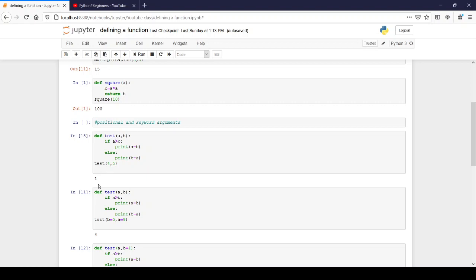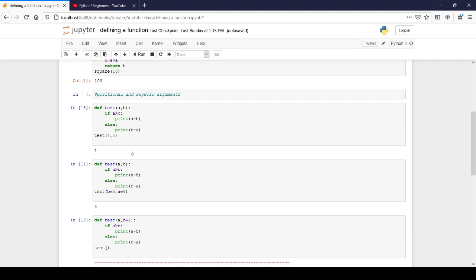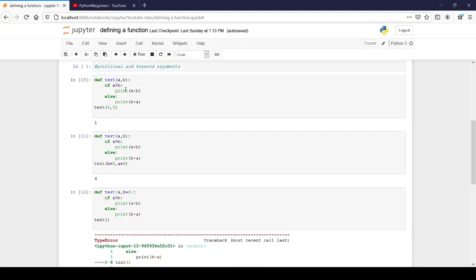By default, if you are giving like this, it will take the first value for the first, second for the second, like that. So a will take 4, b will take 5. This is called the positional argument, a comma b. And I will tell you the difference with the keyword argument.